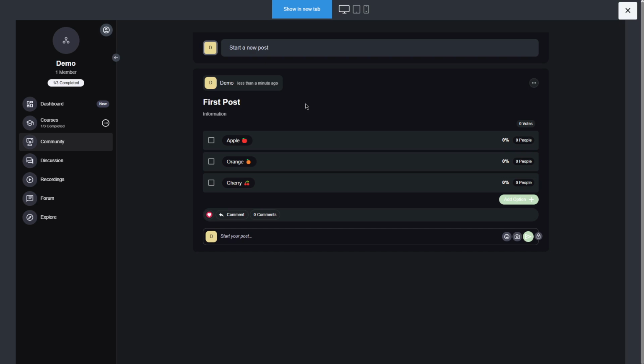And just like that, we created our first posts where people can start voting, where people can start reacting with different reactions that we have here. And people can start commenting as well. So very fast, very cool way to create your posts and have a very, very social element inside of your